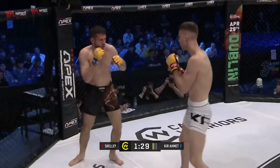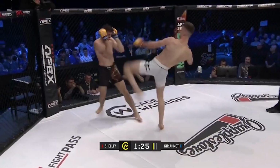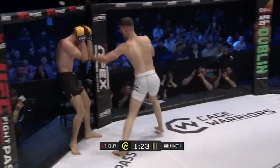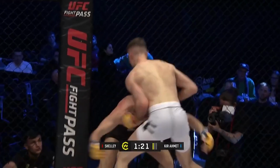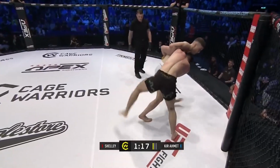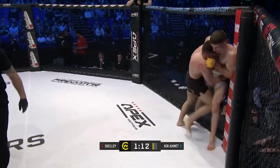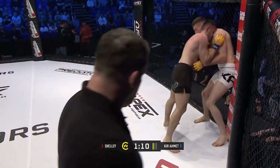Throwing a big bomb there was Kir Ahmet, but he was on his skates. You don't want to stay still in front of Adam Shelley, and that's exactly why. Shelley unloading now. Good level change there to stop that barrage of strikes, but it's a nice sprawl from the Team KF man. Yeah, Kir Ahmet's got to a nice position here with a body lock of his own,